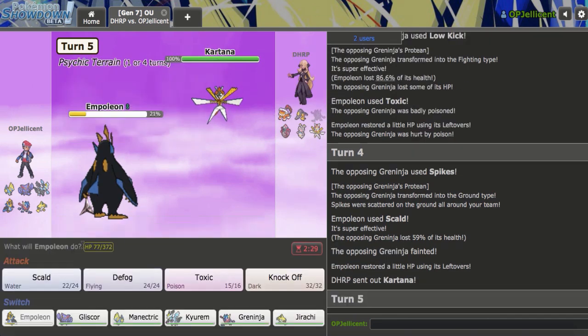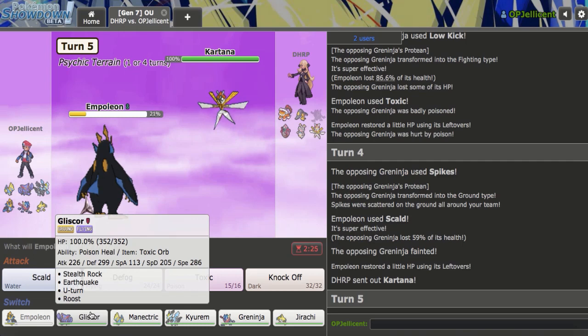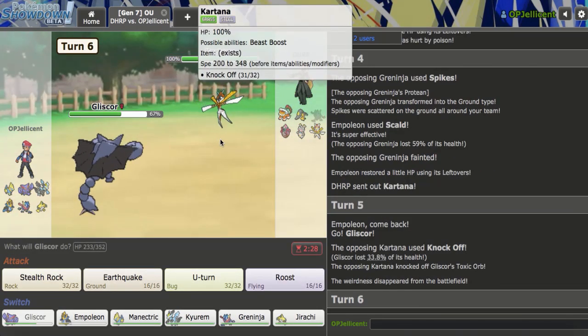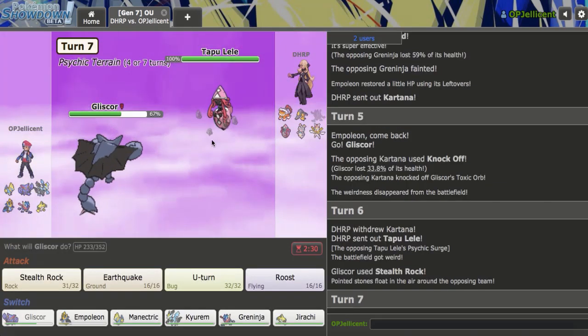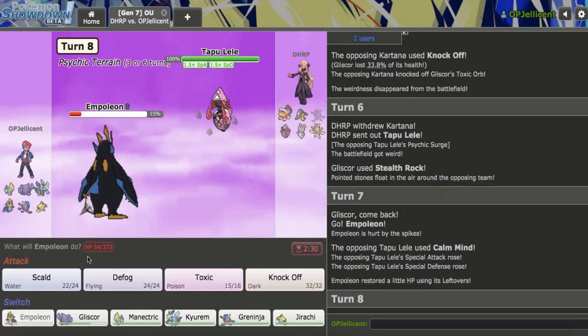So that's not the worst thing ever, but this thing is a problem. I actually don't know how I beat this. I think Gliscor can take 2 though. Oh, they actually click Knock Off. Alright, well this thing's about to get thrown out then. I just have to get up my rocks and then sack my Empoleon. That was pretty bad, as they go for...